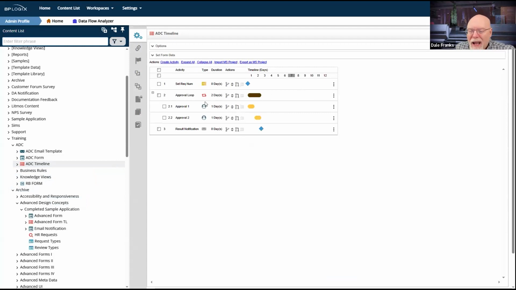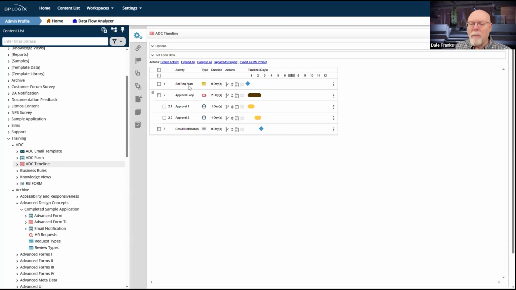It already has a custom task activity. It has a loop, a parent activity with two looping user activities inside it, and then it has a notification activity. It's about as generic as you can get, but there's a reason why I included these 4 different activity types for these 5 activities.